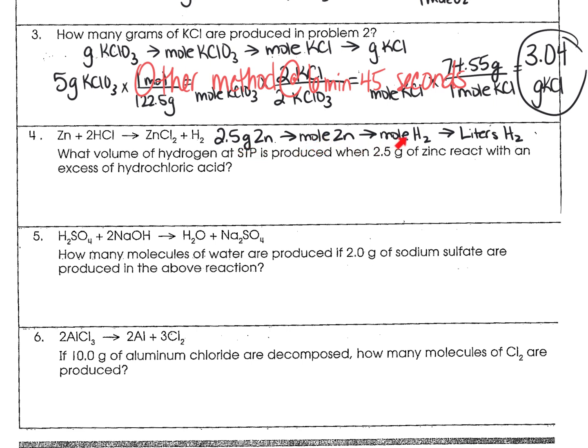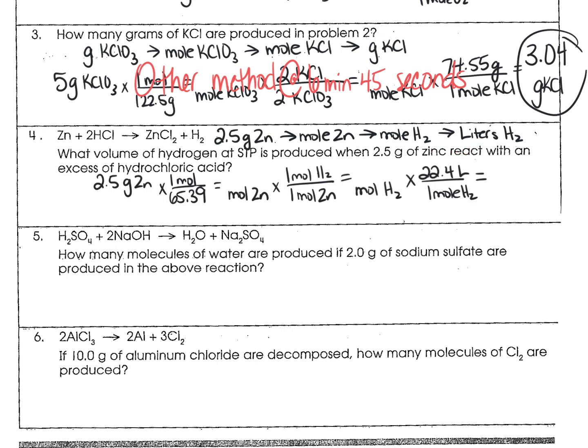Then I'm going to use the mole-to-mole ratio to find out how many moles of hydrogen. Then I'm going to go ahead and convert that to liters using 1 mole is equal to 22.4 liters. So you can see my work here for each of those steps. First, converting grams to moles of zinc using the molar mass, then using the mole-to-mole ratio from the coefficients of the balanced equation to find my moles of hydrogen, then using 1 mole is equal to 22.4 liters to find my liters of hydrogen, and you should get